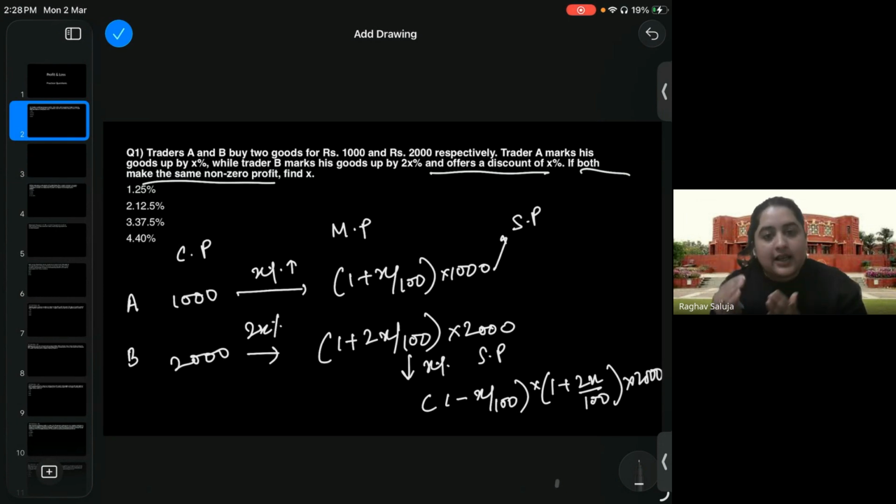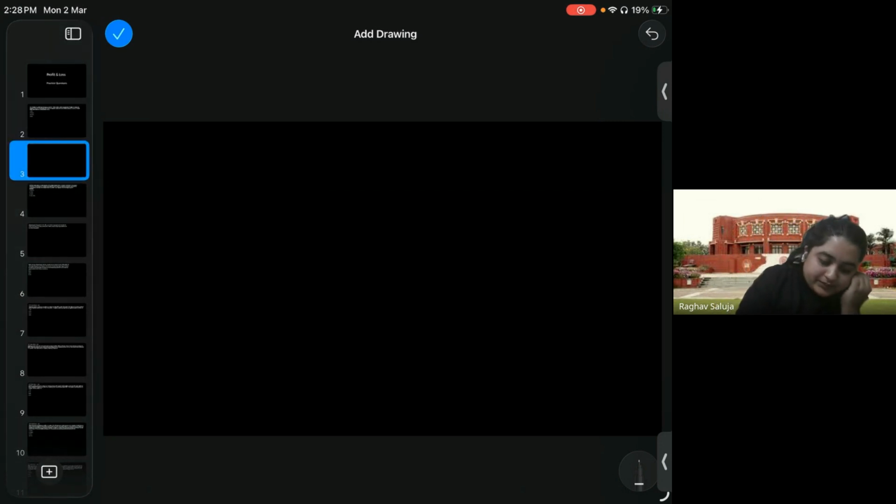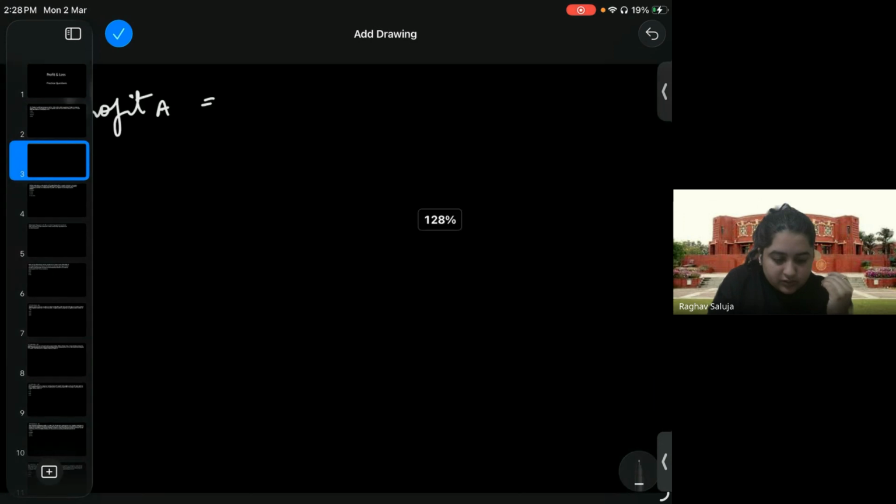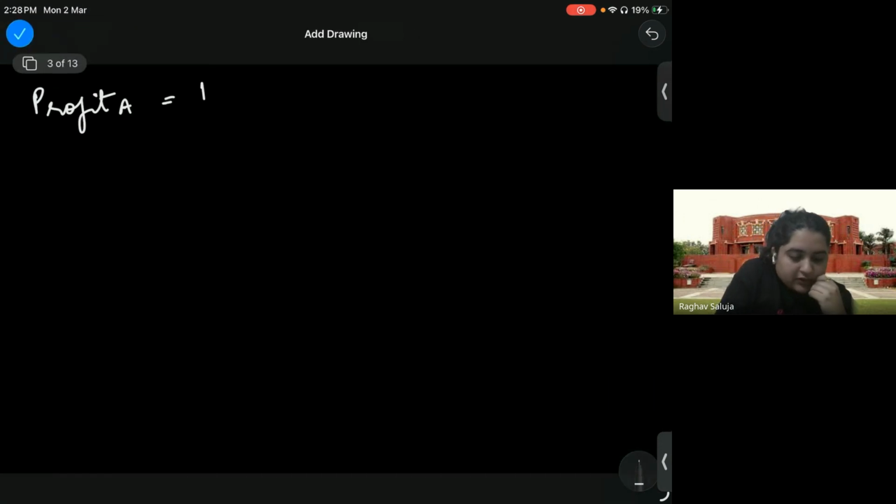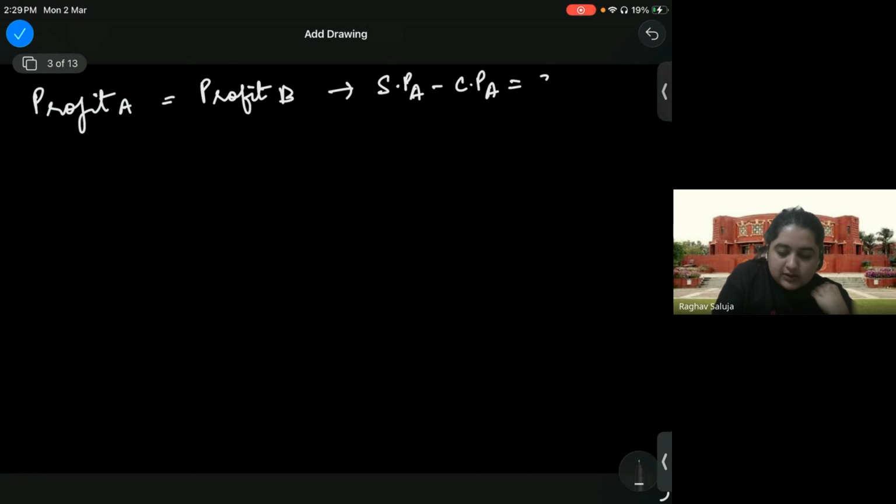That is, selling price of A minus cost price of A is equal to selling price of B minus cost price of B. So profit A is equal to profit B,